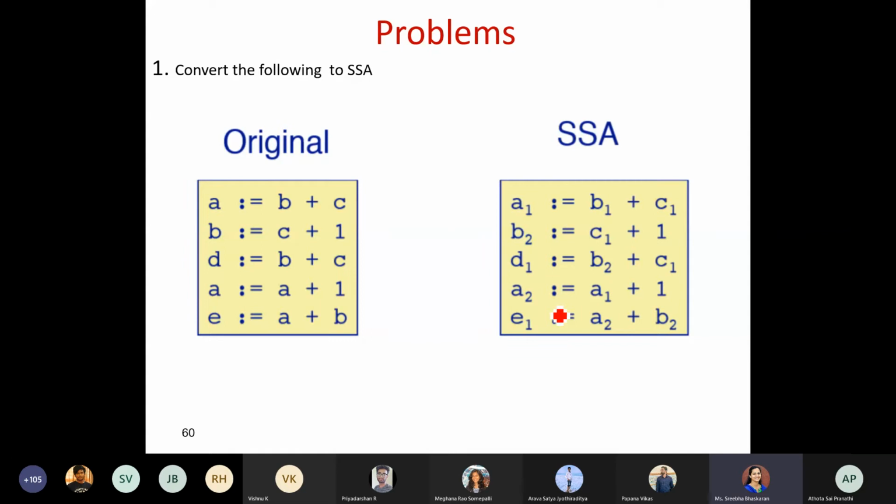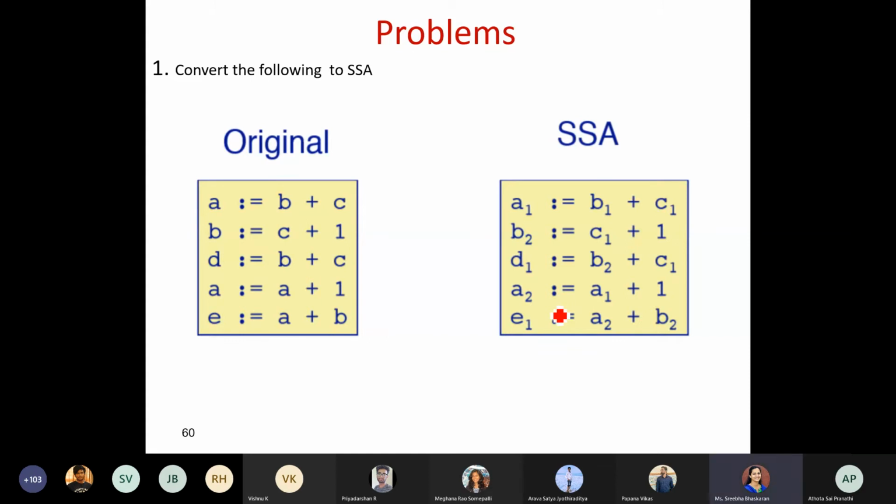A2 plus, when we say B, which is the recently updated one? B2. So when we have simple expressions like this, we can easily number them and maintain the sequence number. But when we go for loops and all, this is not the way. In those places, we have to use the phi function.